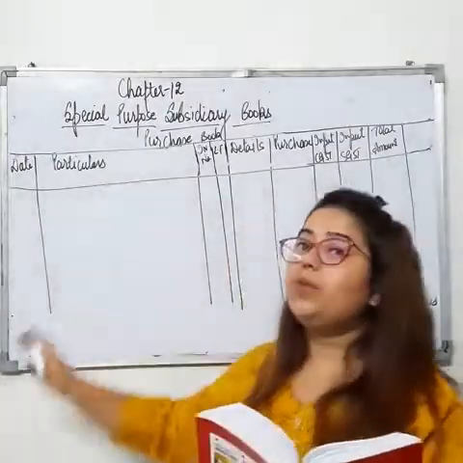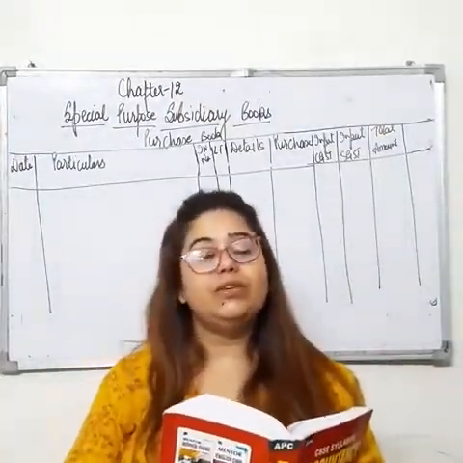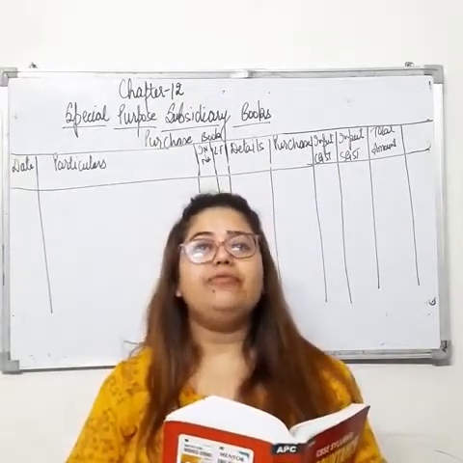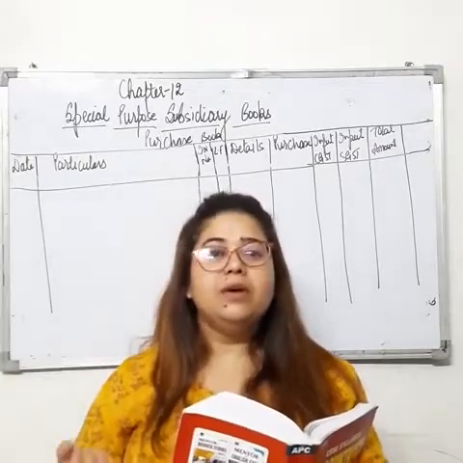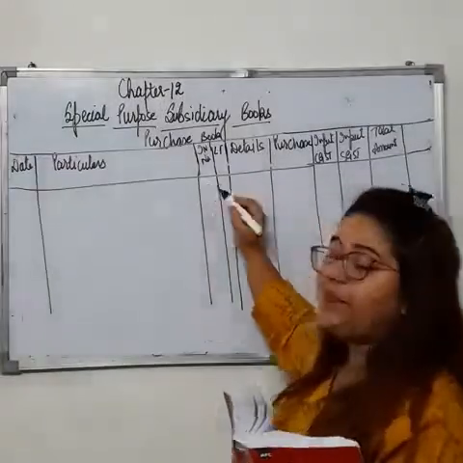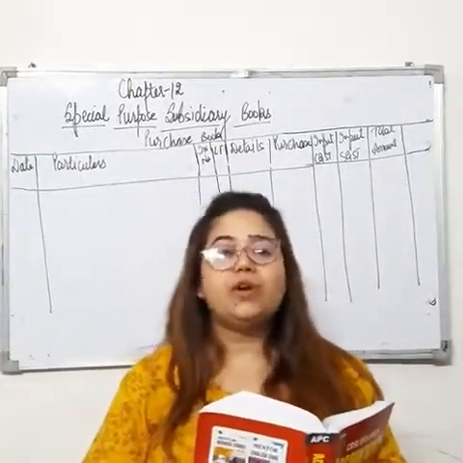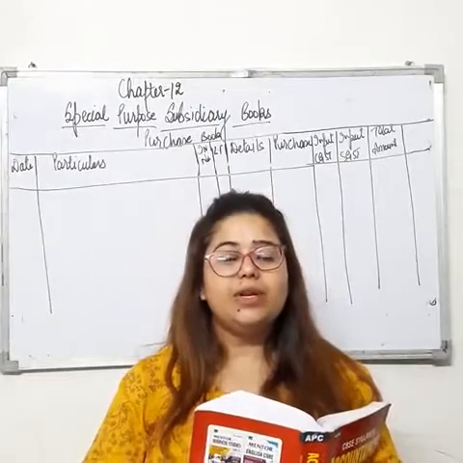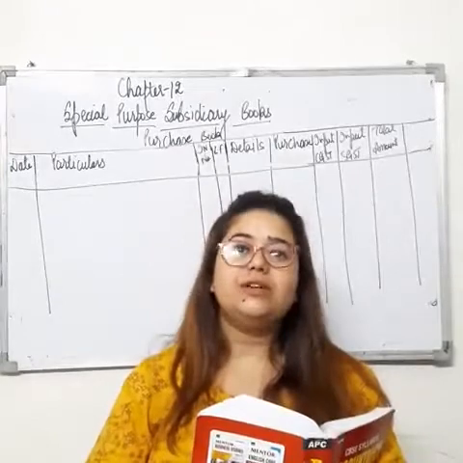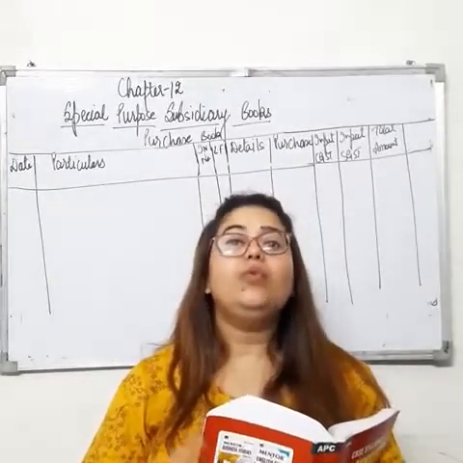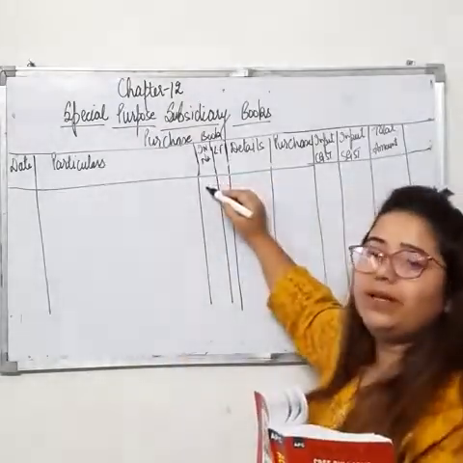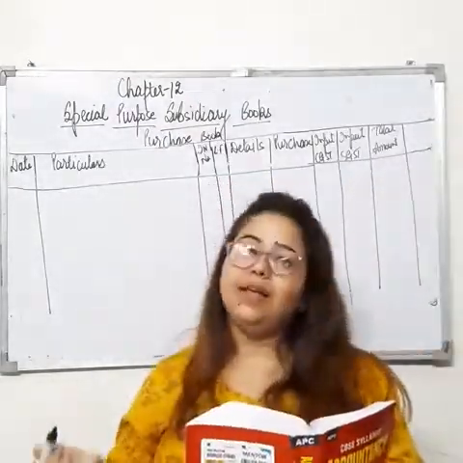Then particulars. In particulars, we will not only write down the transaction, we will explain the quantity, the amount, everything. We will describe the transaction in a shorter form. Then is our invoice number. You all know that the purchase book is related to credit transactions only, and to record credit transactions, a bill or invoice is to be provided. So the bill number we have to write down here if given in the question. If it is not given, then ignore it.